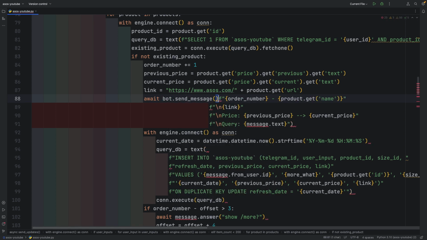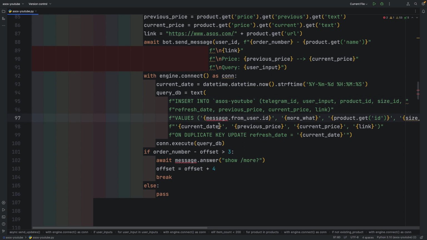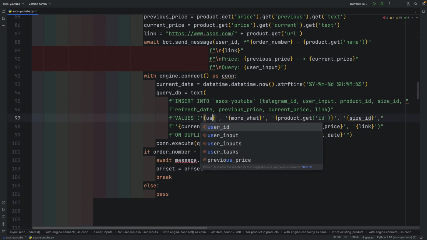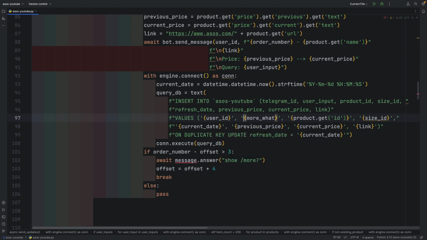And instead of await message answer, we are gonna use bot.sendMessage. Instead of more_what, it's gonna be user input. And instead of message.fromUser.id, we are gonna use variable user ID. Instead of more_what, it's gonna be user input.